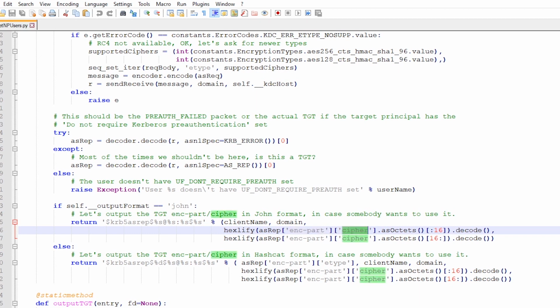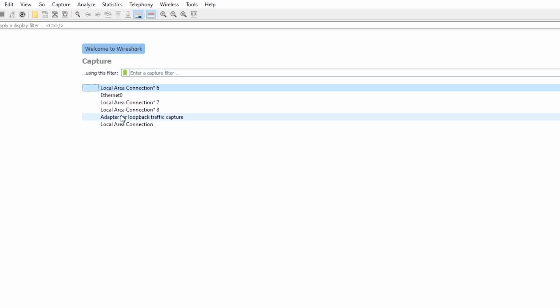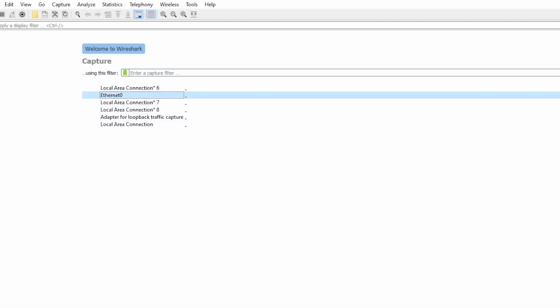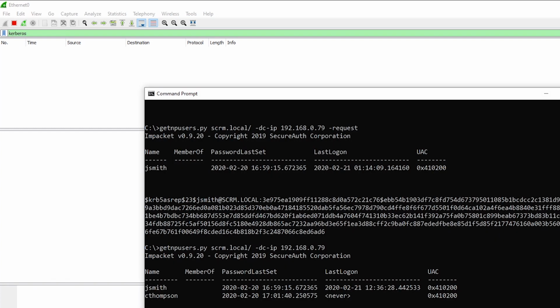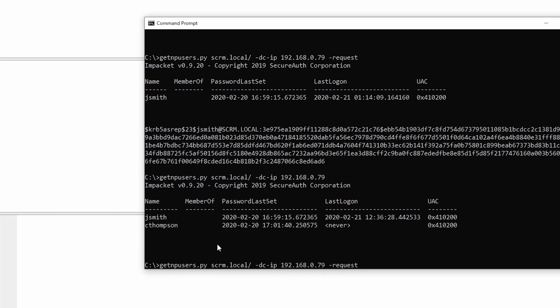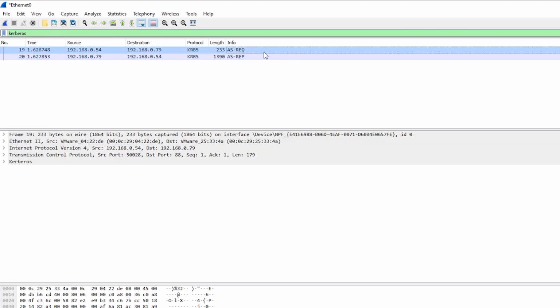So let's look at what that actually looks like in real terms of a Wireshark trace. And then as soon as we've done that, we'll explain exactly what Kerberos pre-authentication is and why it actually allows us to do these kind of attacks when it's disabled. So let's just do a filter for Kerberos only. And then we're going to run the GetNPUsers script again to request so we actually get a ticket. And we'll see we get this thing sent off, which is the request, and then the server responds with this